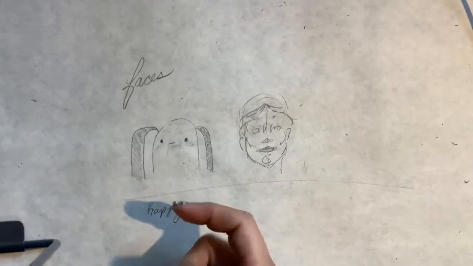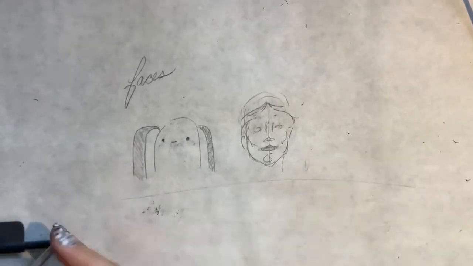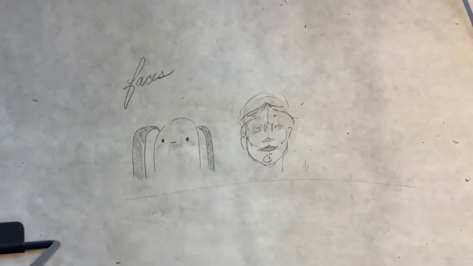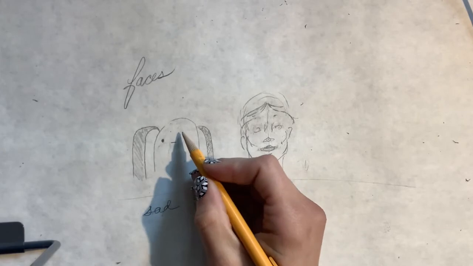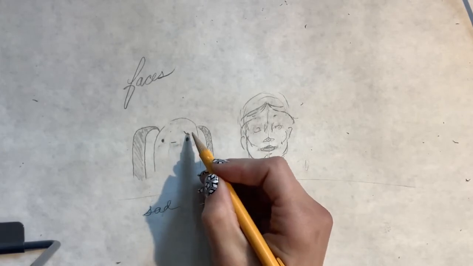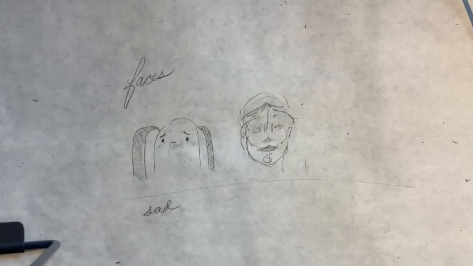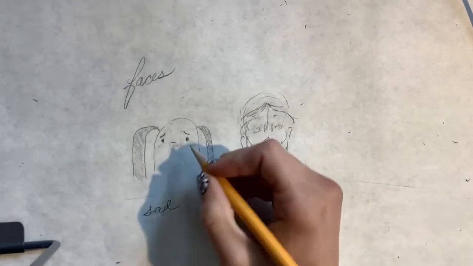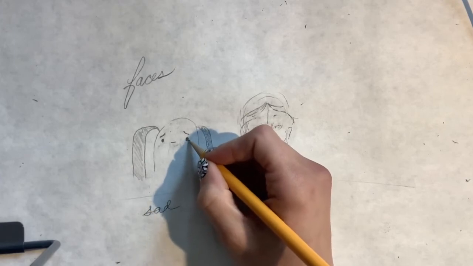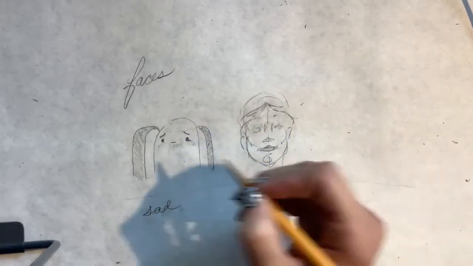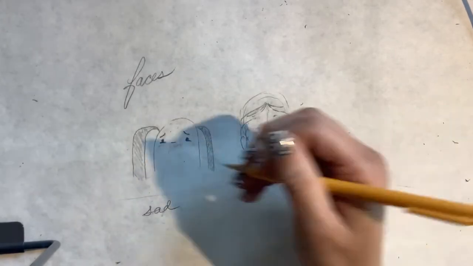Cool. Next, we're gonna go with sad or upset or just not happy. So, like we talked about, the biggest thing that's going to help you draw something that looks sad is going to be the eyebrows. It's just the easiest way, because your cheeks might push up a little bit, and you can signify that with a little line underneath,